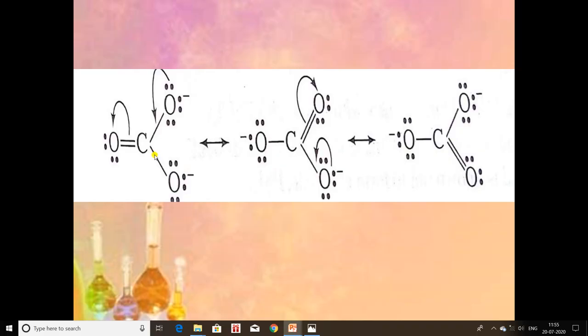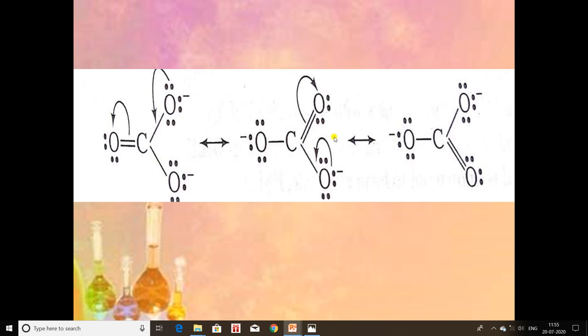Carbon cannot make 5 bonds. So at the same time this double bond will become single, by shifting here. This double bond will convert into an electron pair, so the electrons of this bond will come here. As you can see, now this double bond becomes a single bond, and the electrons of this bond come here, and these two electrons are present here in the form of a bond. Now we will draw the next resonating structure.